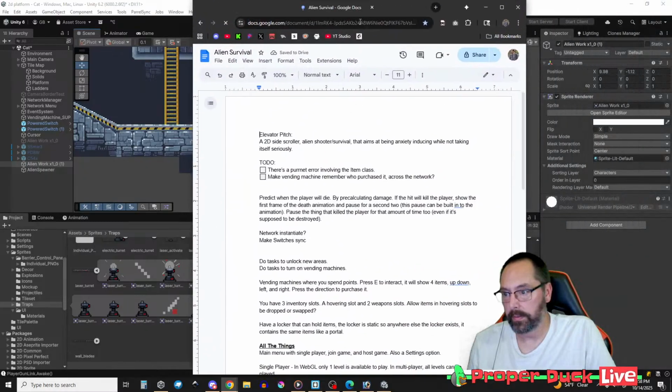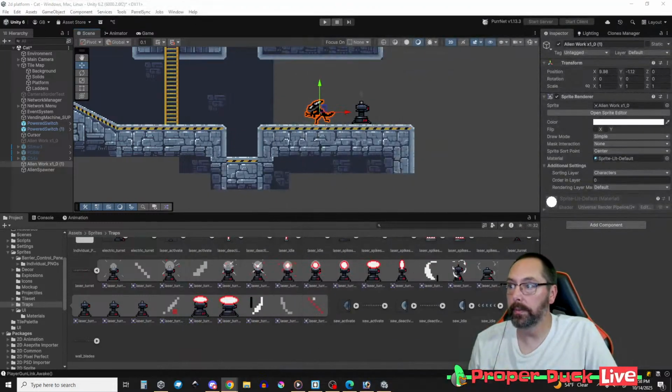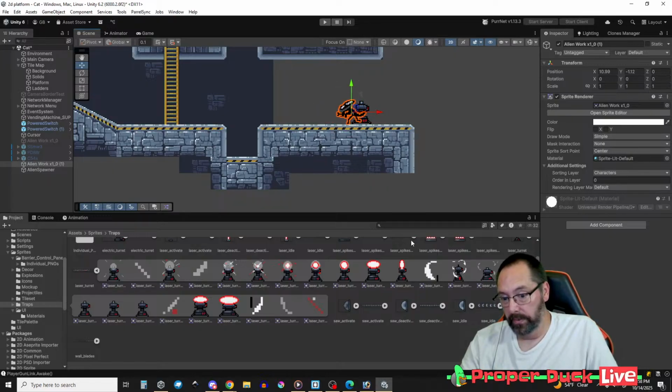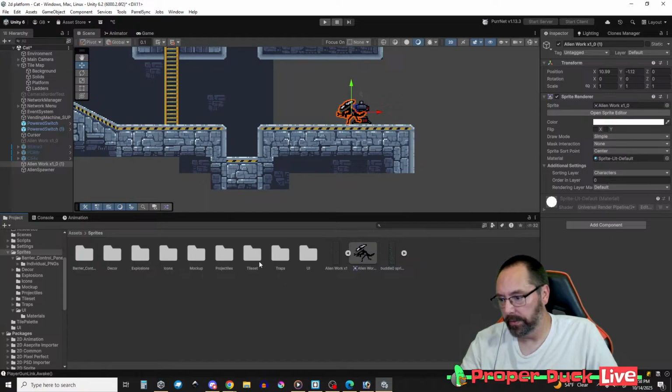Going to add how to get a list of all players on the map. That's something I'll need to know for the alien, because what I want him to do when he spawns, I should use a door, really, huh? Do I have a door sprite? Anywho, when the alien spawns,